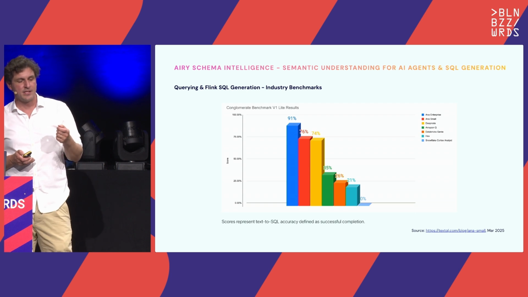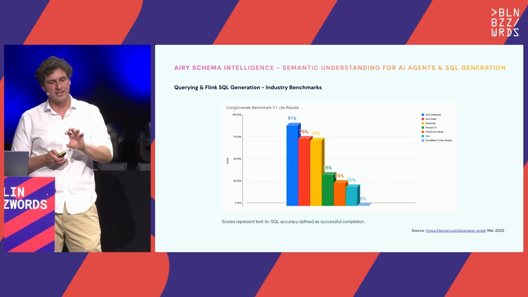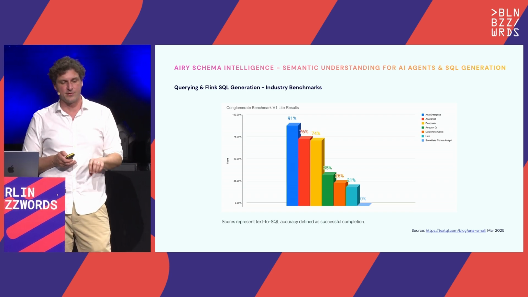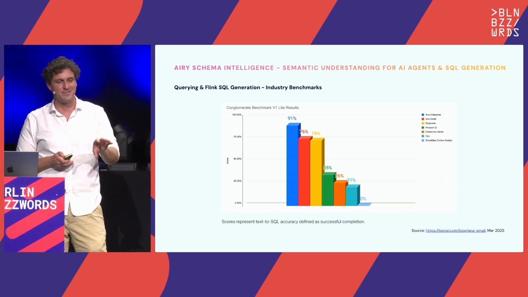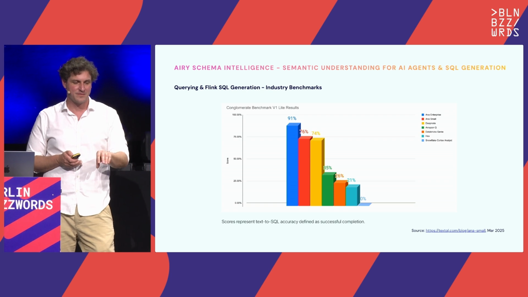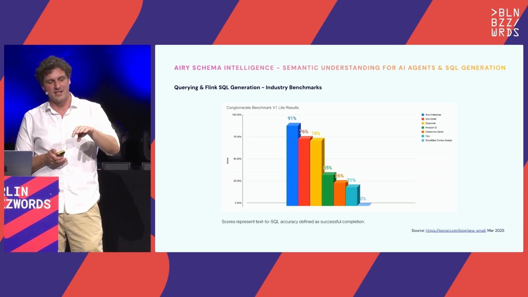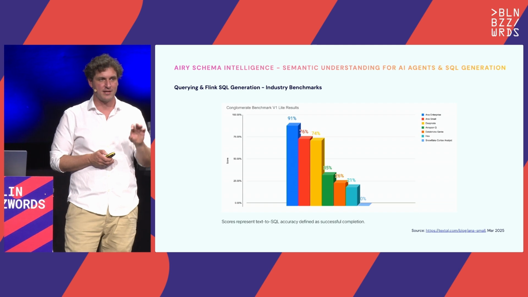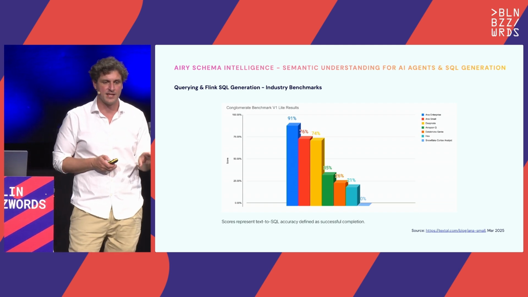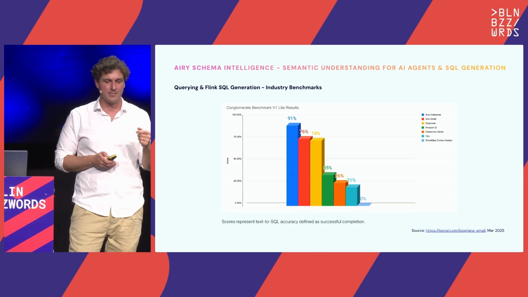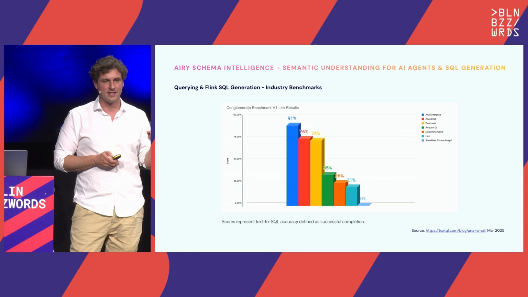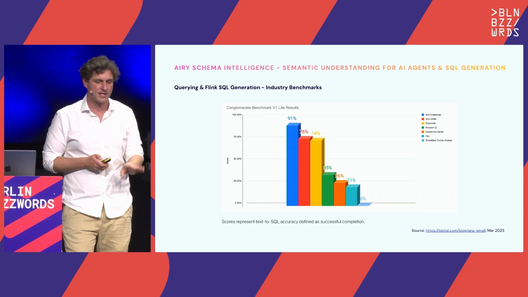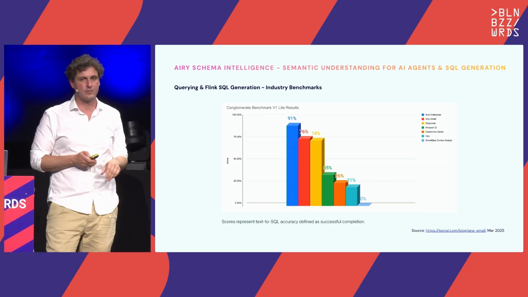There are some industry benchmarks that have been created around the subject, which make our case here that you have similar levels of accuracy in the industry. So this is a bit of an unfair comparison because the results of that benchmark that you can see here in the 20 to 35% accuracy bucket are pre-annotation and pre-discovery, basically. It's just the table names and columns. Whereas the examples for the 70 to 90% accuracy are with some pre-processing where there's some additional discovery happening. So it's not a totally fair comparison, but I think you will see that this goes in the right direction that we also